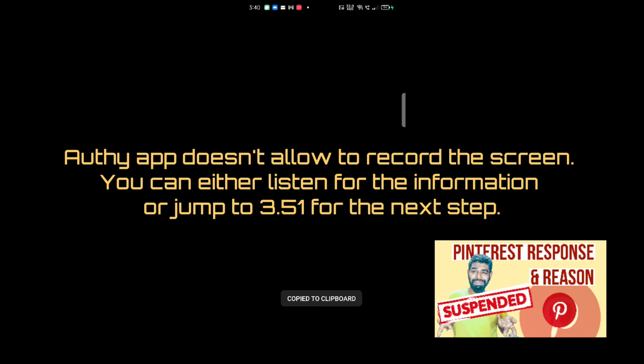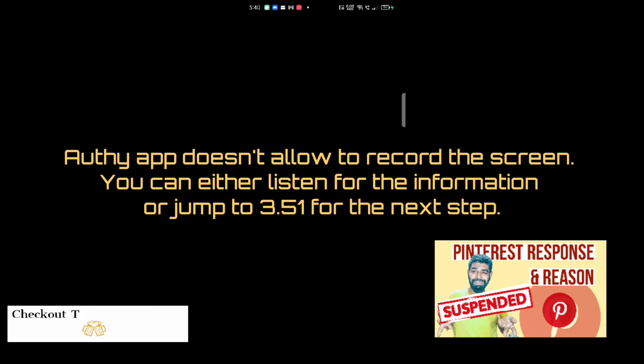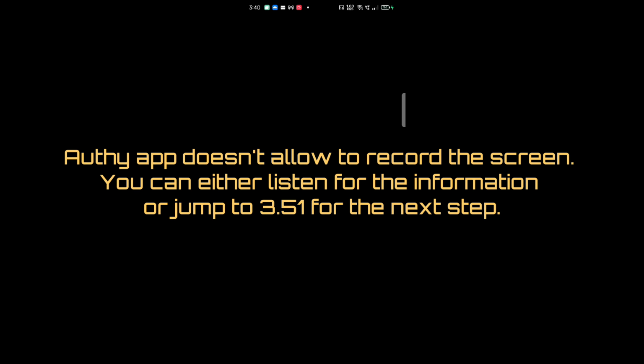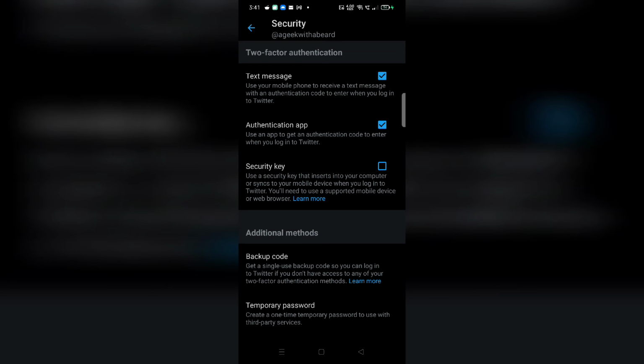So whenever you sign in or someone tries to sign in on Twitter, you are going to get this authentication on your Authy app. For me it's Authy, but you can set it up for Google Authenticator as well. And you need to put this 6-digit code whenever you are trying to log in. This was the authentication one. And as you see, the authentication application is again set for the two-factor authentication for Twitter.